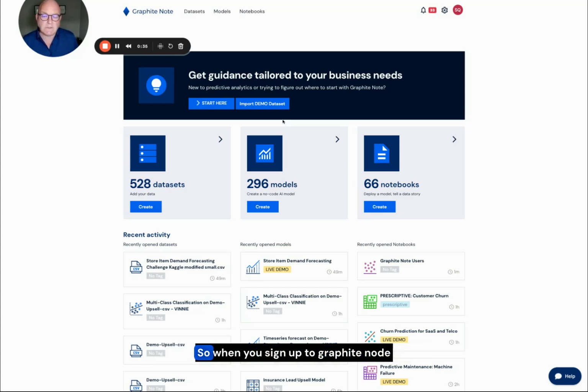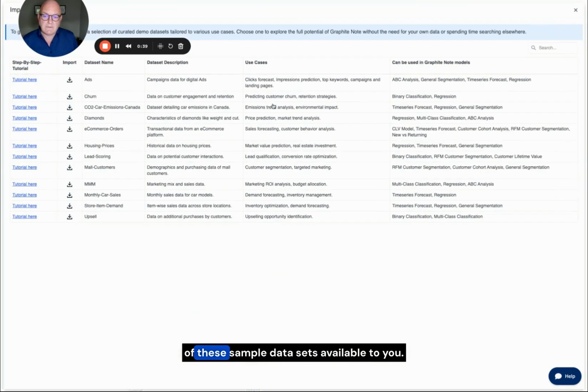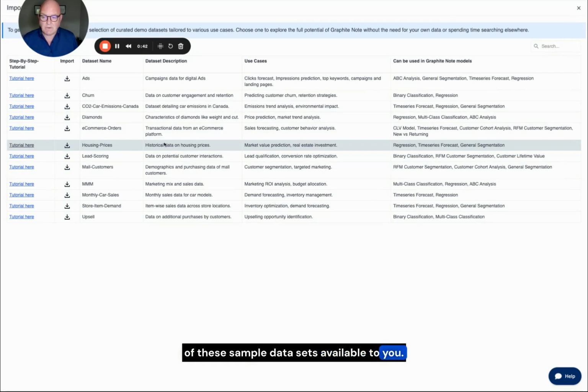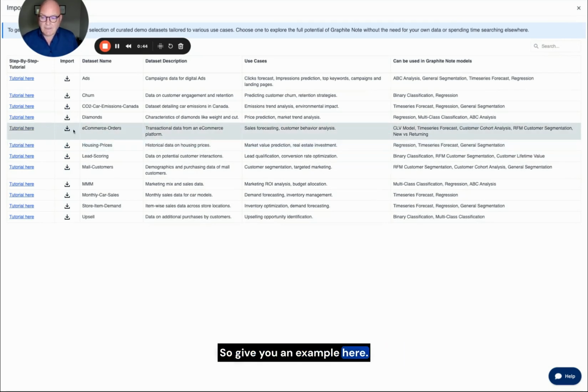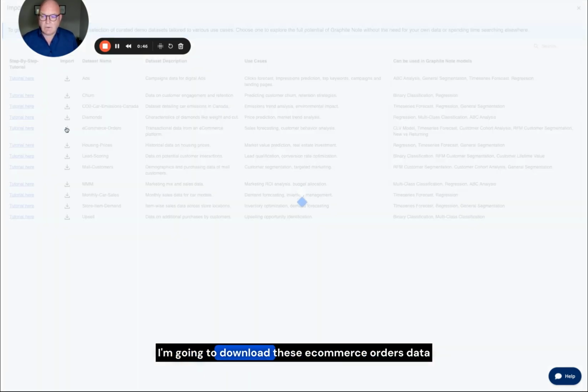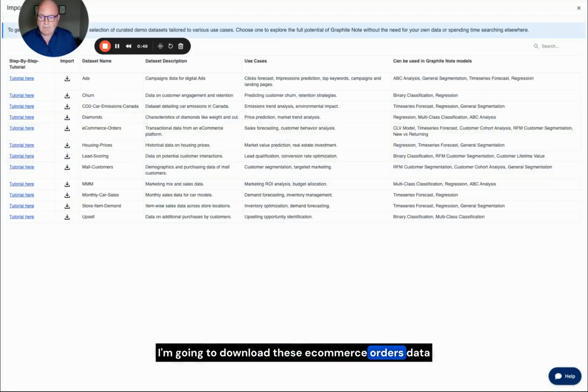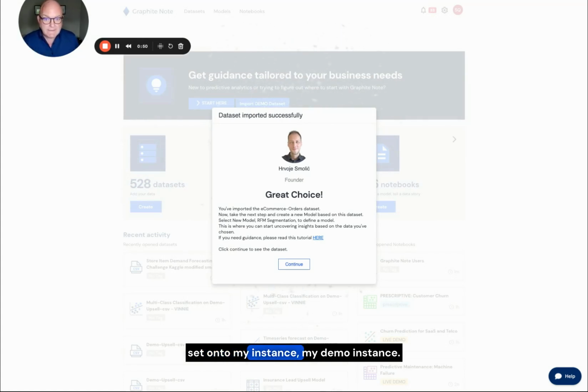Graphite Note application. When you sign up to Graphite Note or to a free trial, you have all of these sample data sets available to you. To give you an example here, I'm going to download these e-commerce orders data set onto my instance, my demo